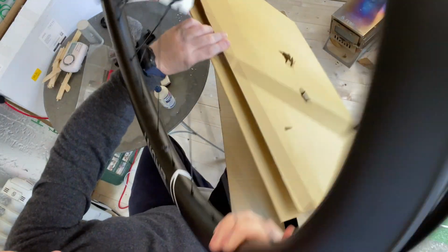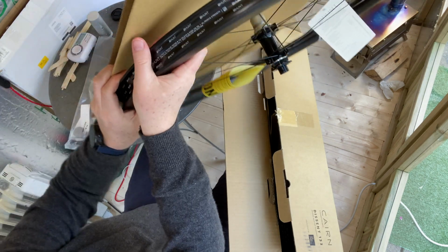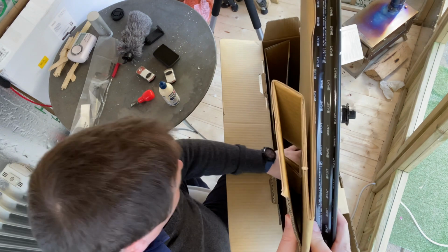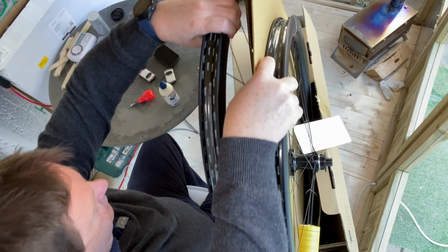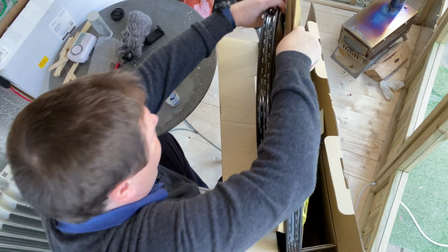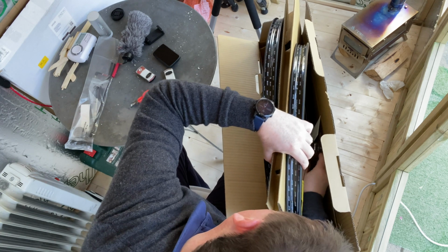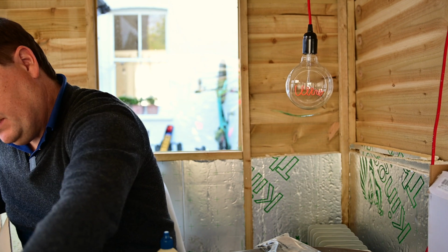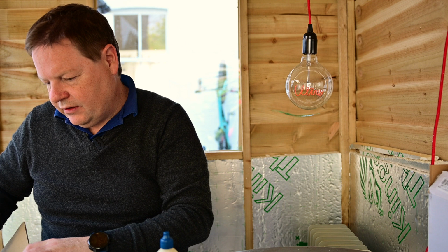Don't bang the second camera, for once that you got it right. Getting wheels in boxes is no easy matter, and we need that to go there, and then we should be able to get them both into the box like that. Okay, so there's my semi-sealed box. Let's put these back and I'll show you the rest of the video